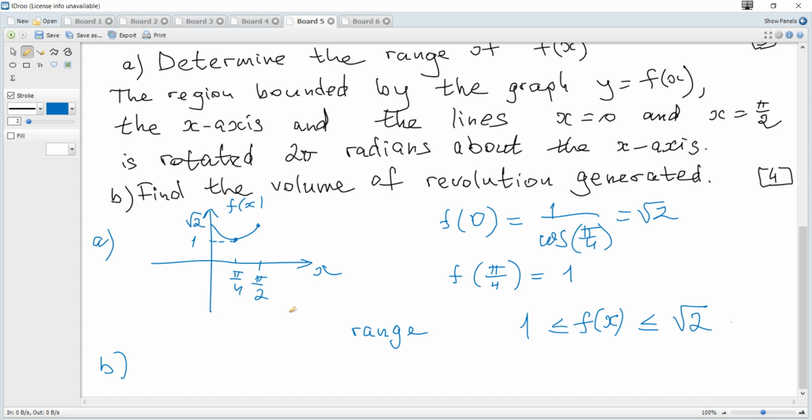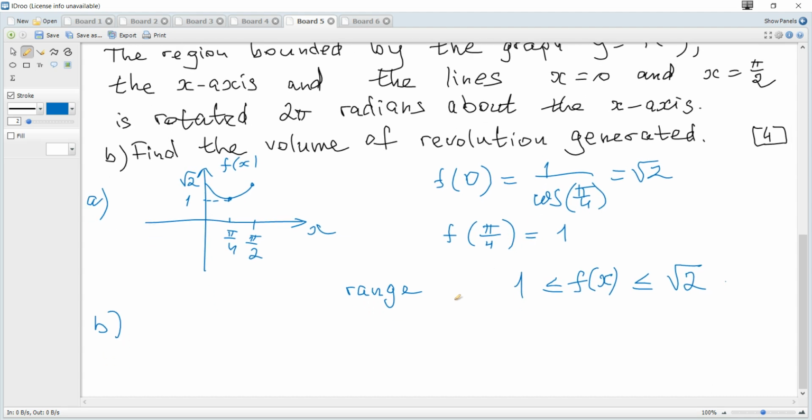The next: the region bounded by the graph y = f(x), the x-axis and the lines x = 0 and x = π/2 is rotated 2π radians about the x-axis. Find the volume of revolution generated. Since it's about volume of revolution, we just use the formula: π times the integral from 0 to π/2 of the function squared, so it's sec² of (x - π/4)